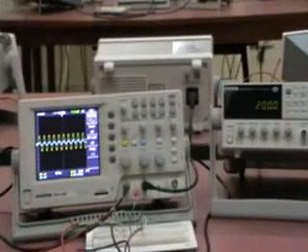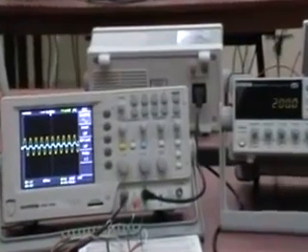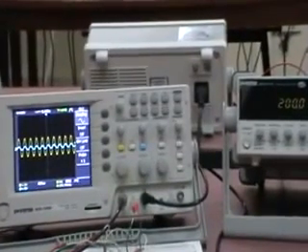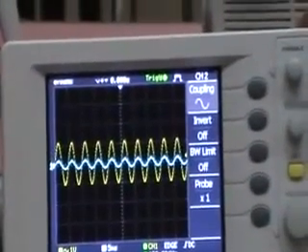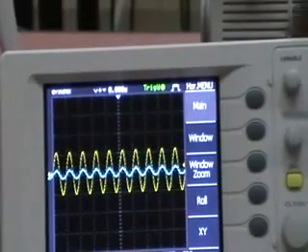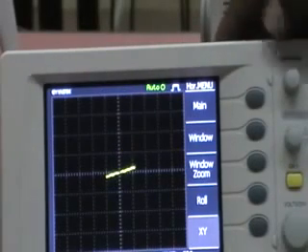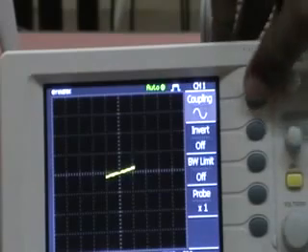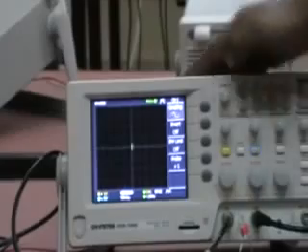Now coming to the next step, for each of the above frequency settings, you should also display V0 versus Vi. This can be done using XY mode. So first you need to ground the two inputs. This can be done by going to the XY mode. First go to the menu button and press XY. Keep both the channels in ground mode so that you can set it exactly at the center.